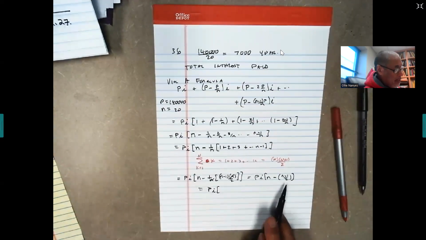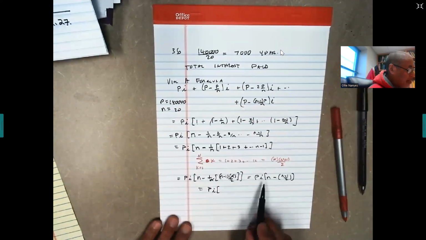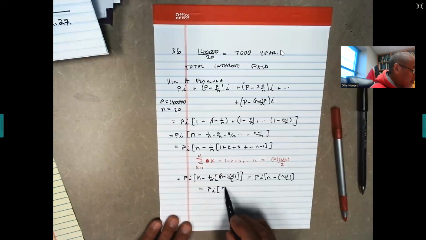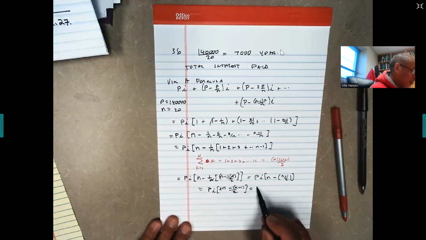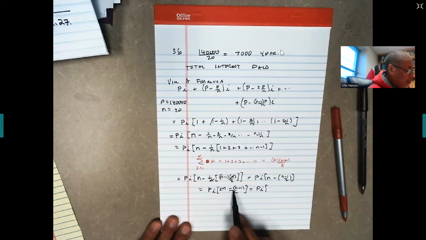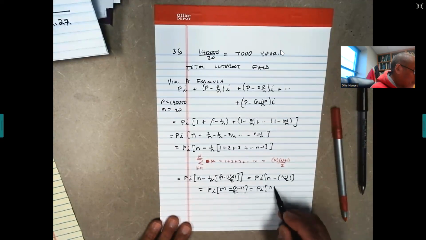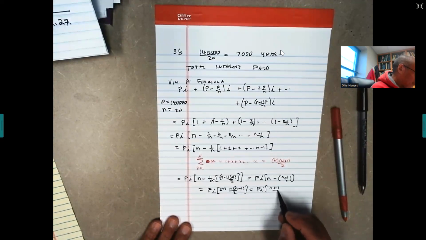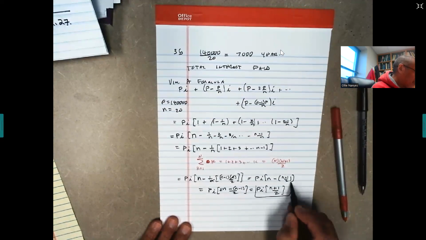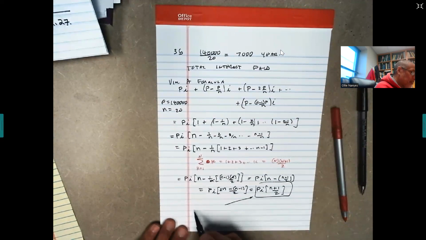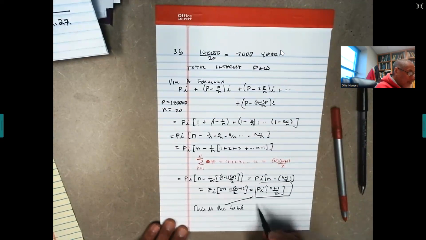So, but now notice, get a common denominator. This is going to be 2N minus N minus 1, all over 2. And now 2N minus N is just going to be N. Minus a minus 1 is a plus 1, over 2. And this formula tells you the total interest